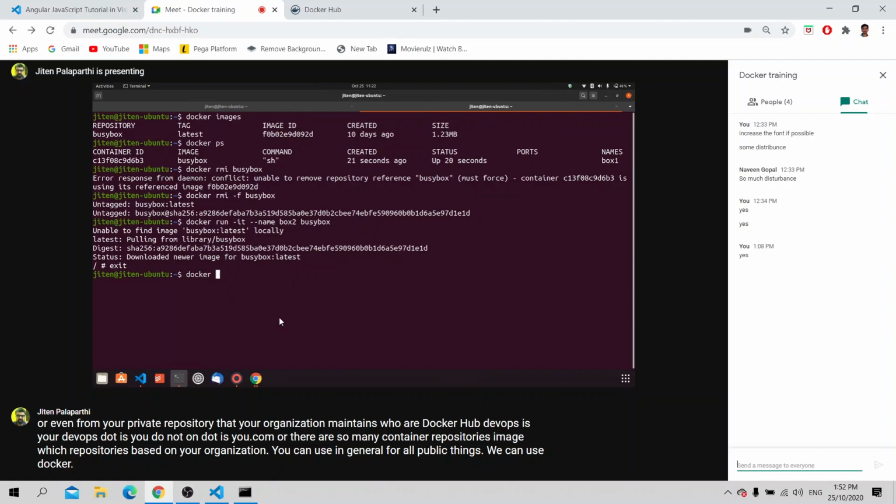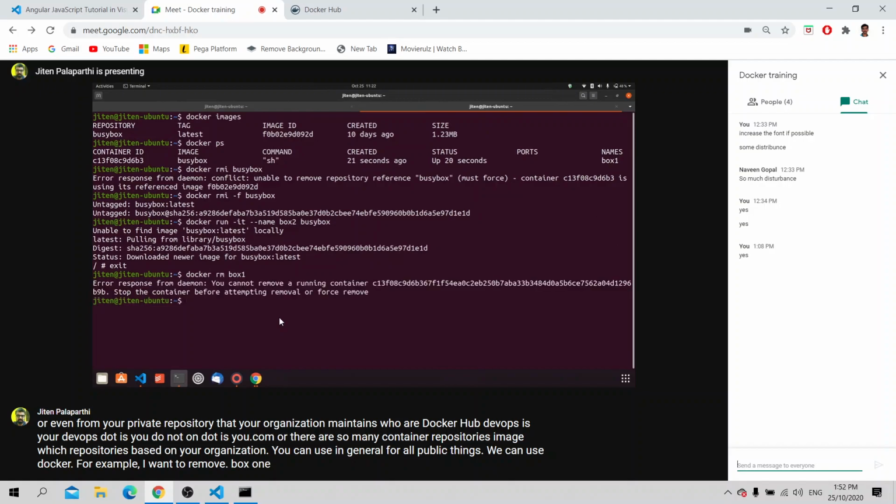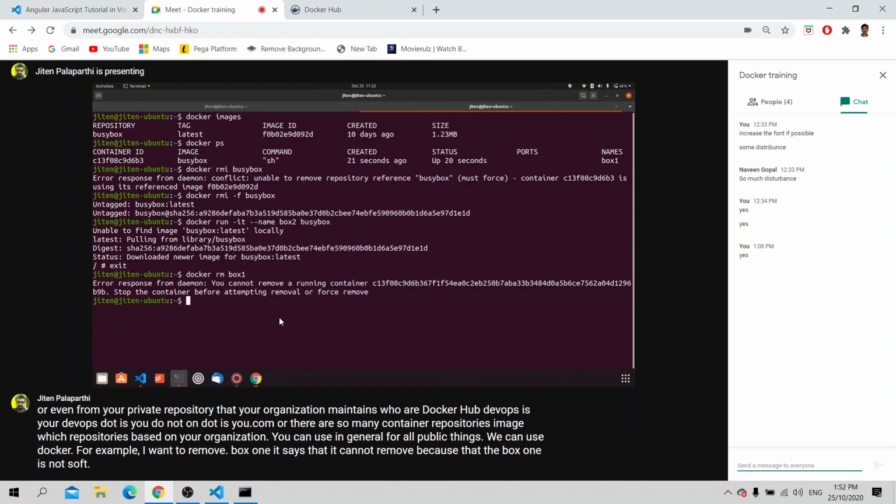For example, I want to remove box 1. It says that it cannot remove because that box 1 is not stopped. Either we have to stop the container or we can forcefully delete the container.